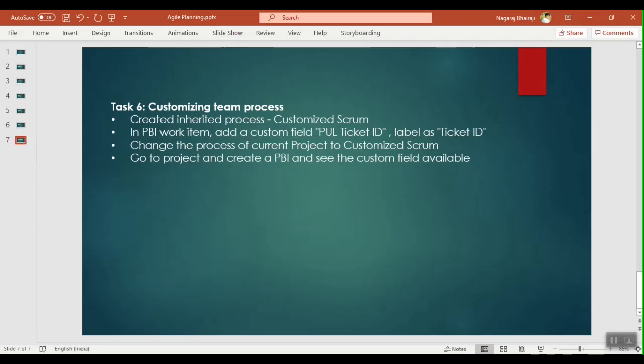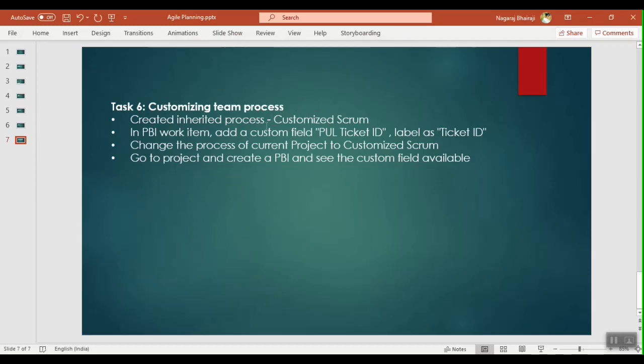So what we are going to do is create a custom process template. The default process templates cannot be edited, so we have to inherit from the default process templates and create our customized templates. So we're going to create a customized Scrum template.